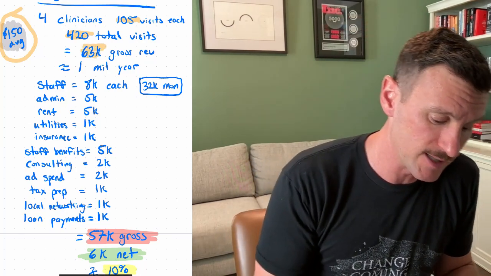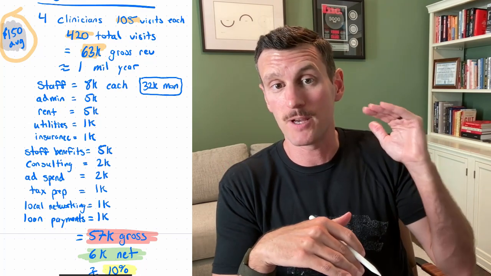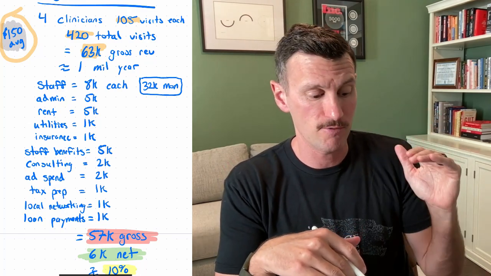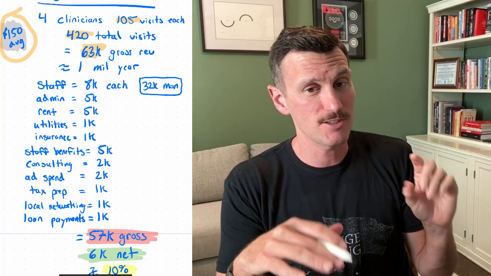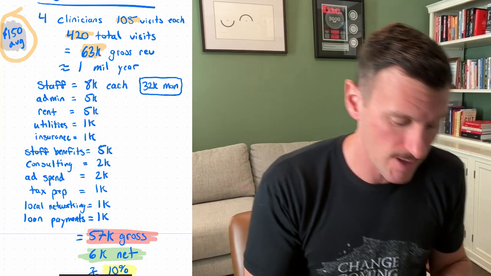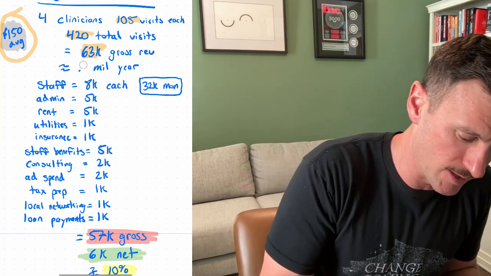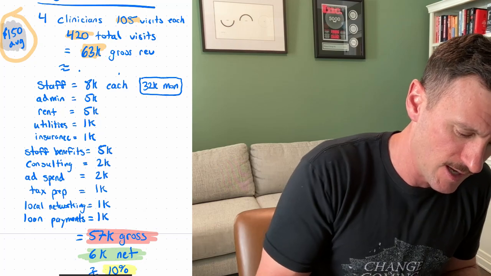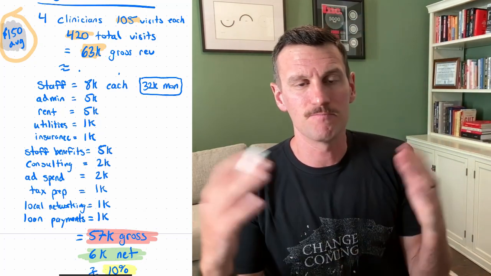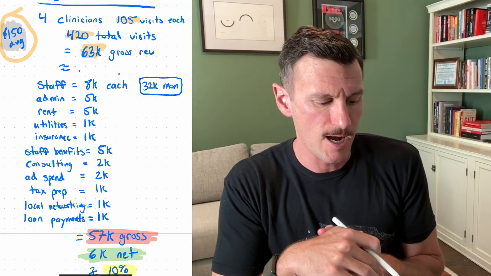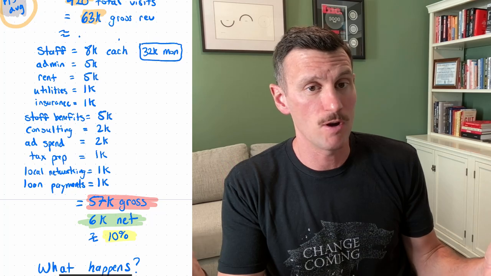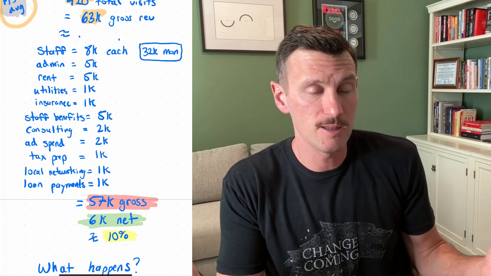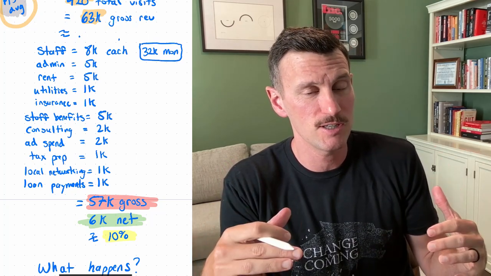You're generating now, instead of your top line revenue being $84,000, you're generating $63,000 in revenue. So keep that in mind, because that's going to change a lot. So your run rate is no longer going to be $1 million, right? So this isn't the case. It's going to be a lot lower than that. It's going to be in the $700,000 range. But your monthly costs are essentially the same. They're unchanged. So the only thing that would probably have to change here in this scenario is you couldn't pay